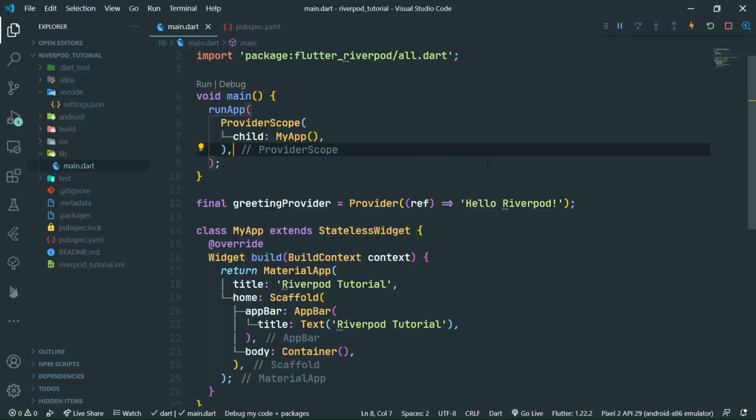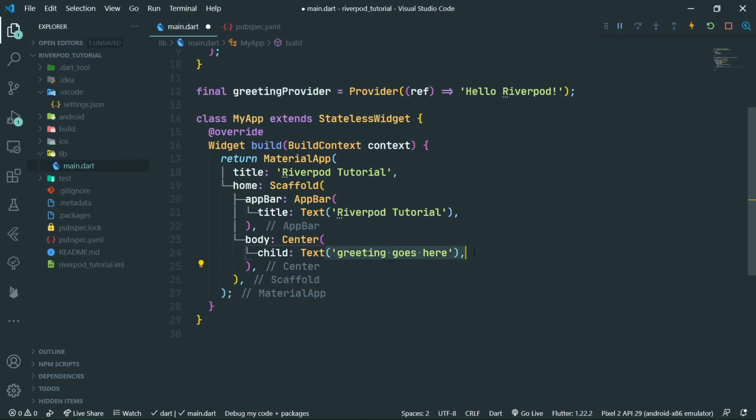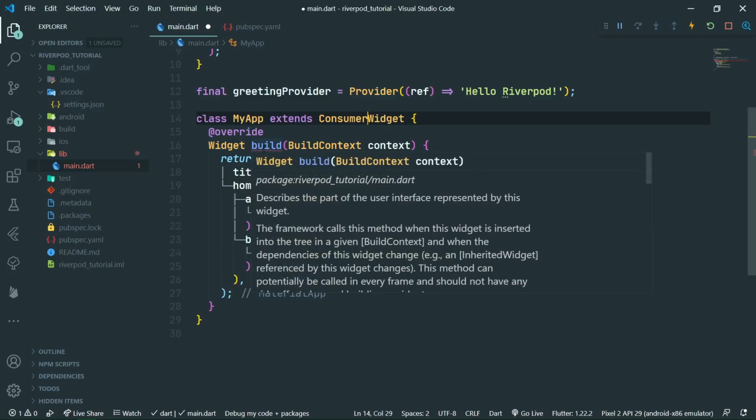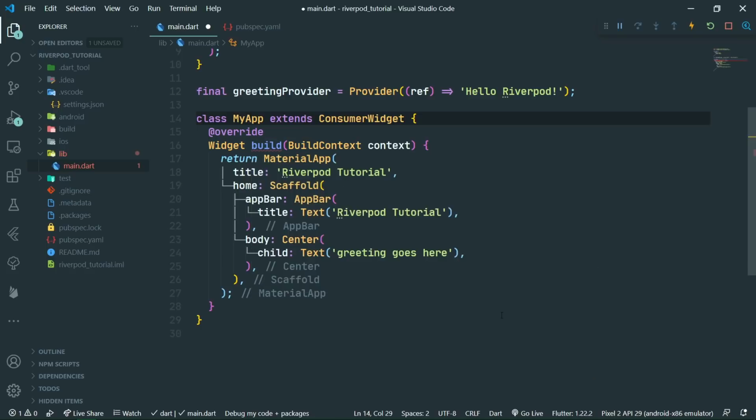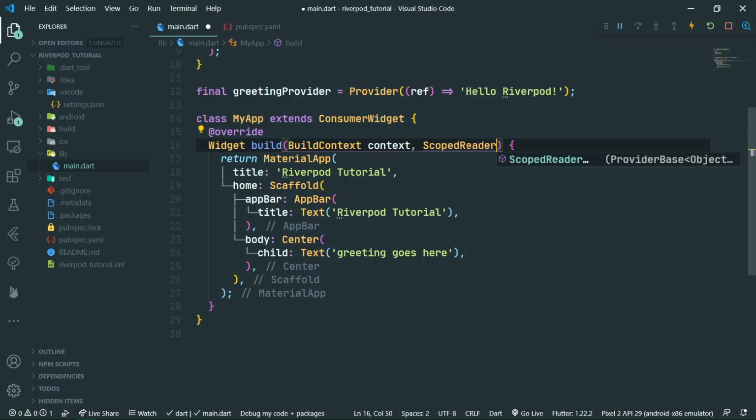How do we then obtain this string from our greeting provider so that we can get it, for example, into a text widget? There are actually multiple ways to do that. The first way is to change our stateless widget to be a ConsumerWidget, which comes from flutter_riverpod. Then this build function will need to take in another parameter. So that one is ScopedReader, which is a function typedef, and it's usually called watch